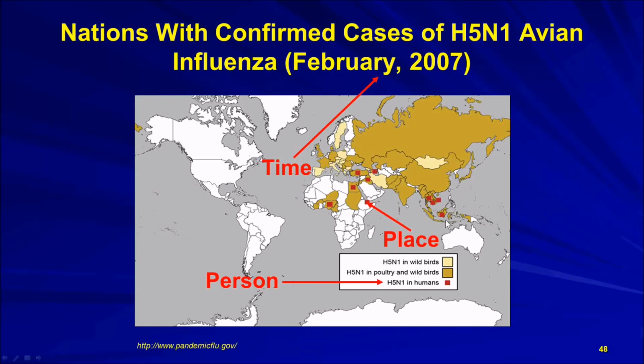So if we were going to develop and implement a program just based on this information alone, these would be the person variables or the demographic variables that would help us locate the determinant or identify the determinant based on distribution, because this distribution helps us to decide where we're going to concentrate our efforts. All right. And if I was going to ask you what organization would be involved, you'd quickly say, well, is it the Centers for Disease Control? Well, no, it wouldn't be, because this is a world problem, so it'd be the World Health Organization, or the WHO.